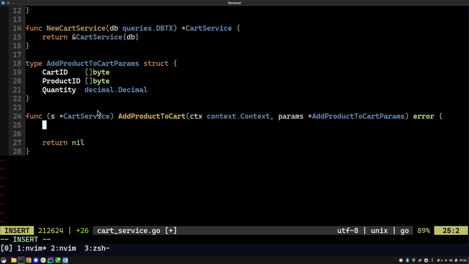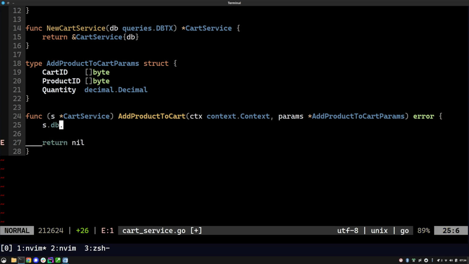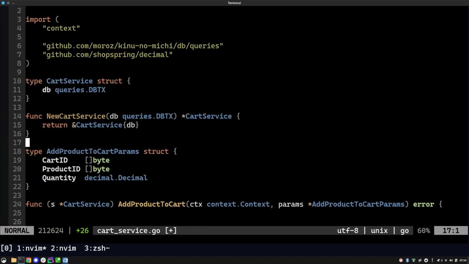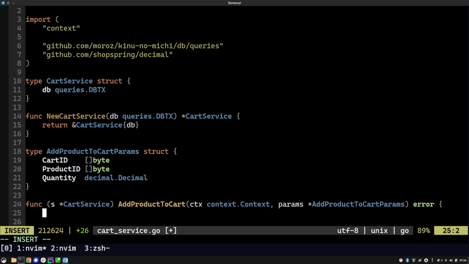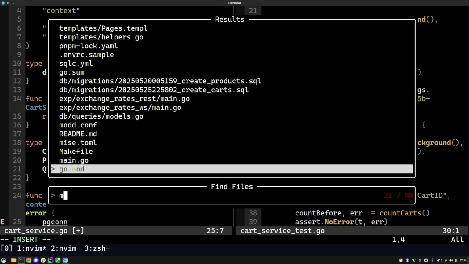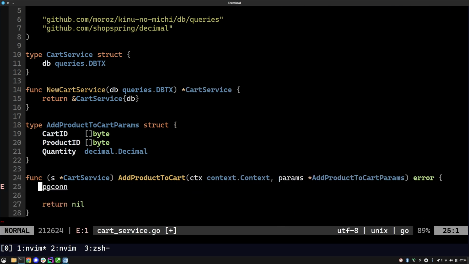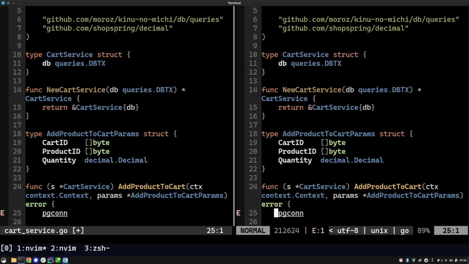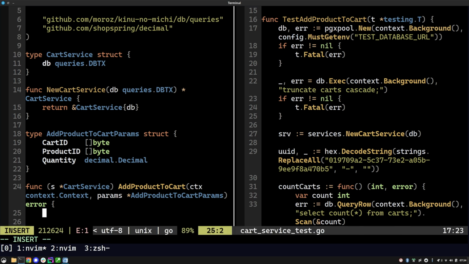So first we're going to have to start a transaction, and I don't think there is an easy way to do it with this interface. Okay, what's a pgcon? Okay, so wait. In main.go, this database connection is going to return a pgx pool. You know what, I'm just going to avoid the nuisance of having to match on types, and I'm just going to make sure everything uses pgx pool new, and this way I will know that